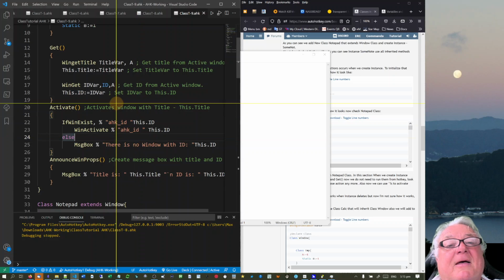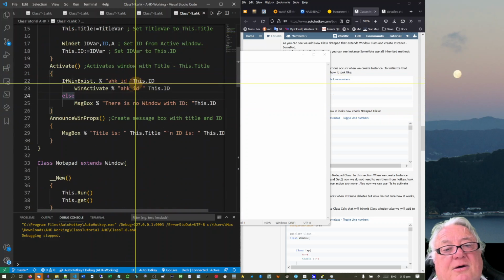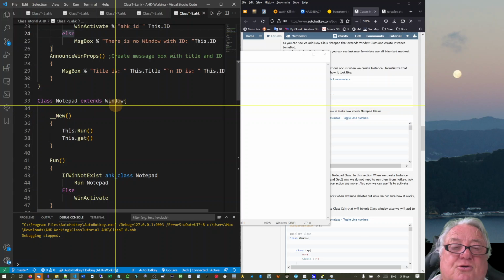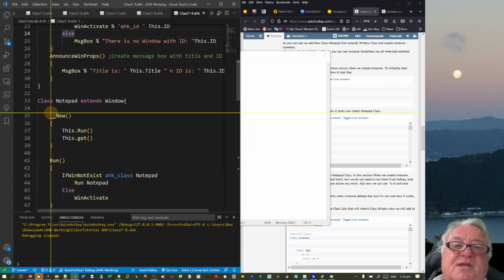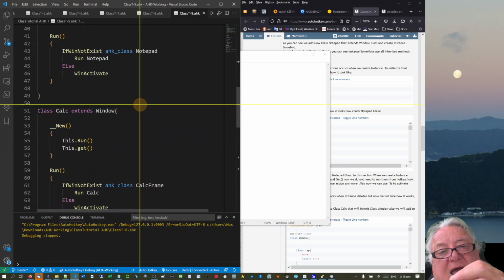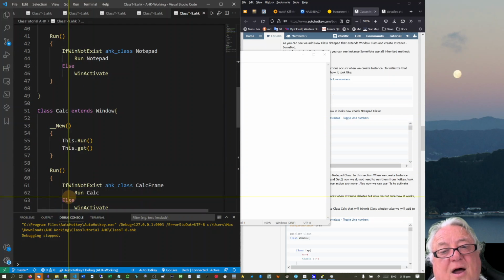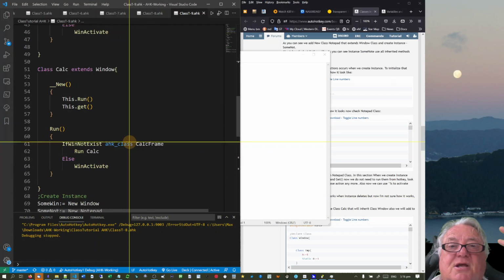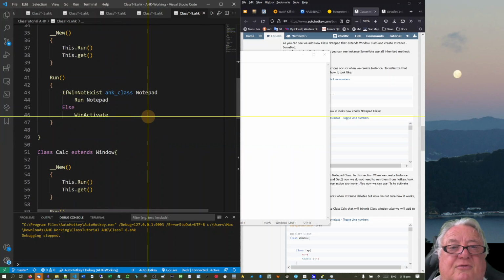So this class is a general thing to do with windows. Then we're creating a class called Notepad that extends Window, and this one only runs Notepad. And this Calc one extends Window, and this one runs Calc. So if we now run this through here,